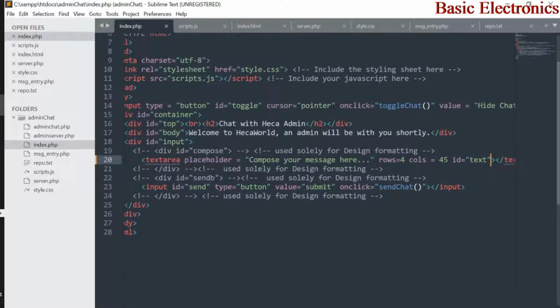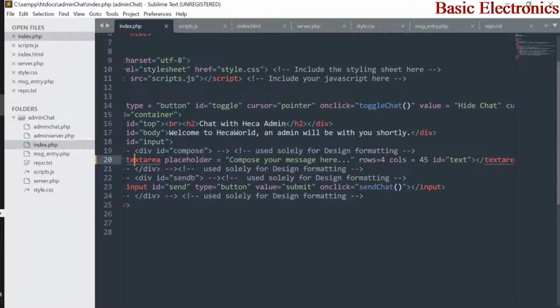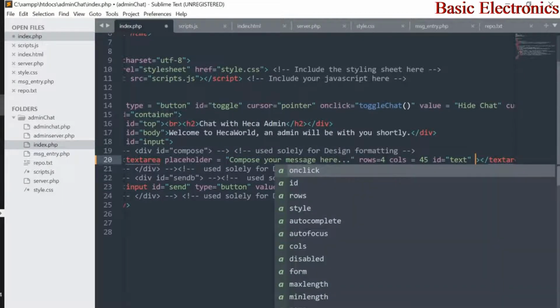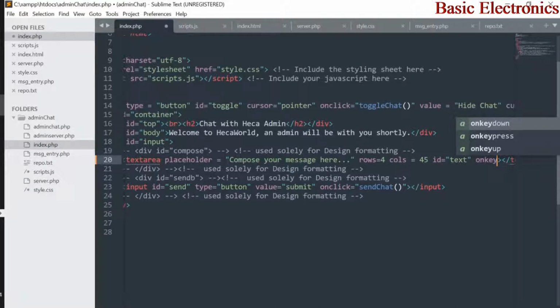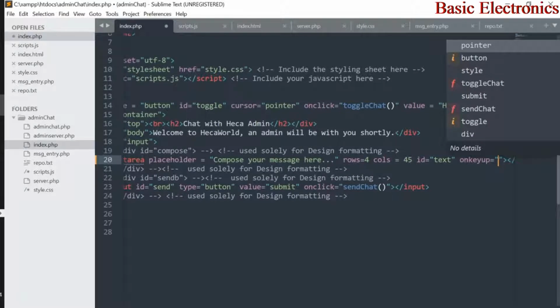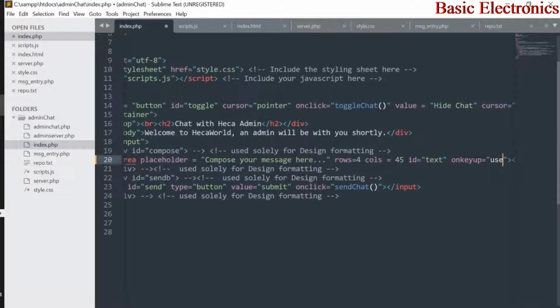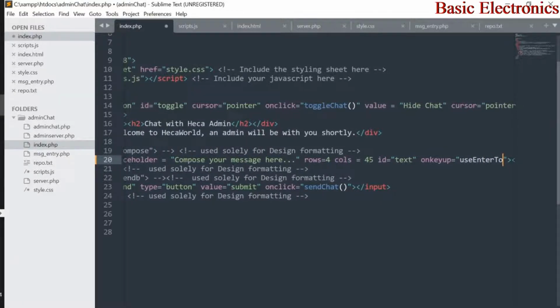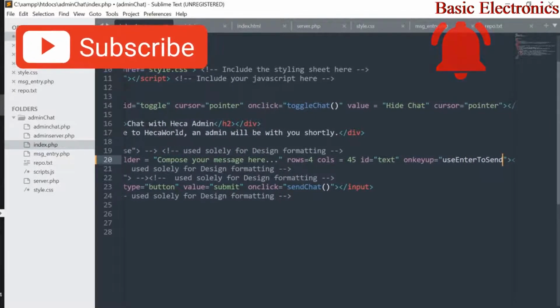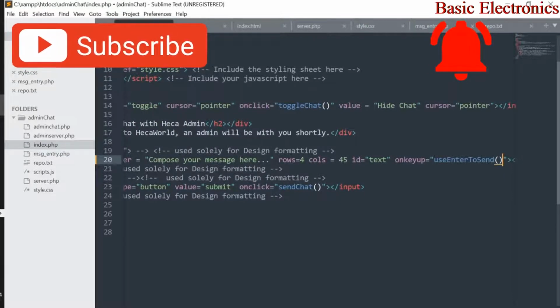Here we're going to create a function under the text area, and so let's just add something here. We're going to add an onkeyup event. You can use onkeypress or onkeydown, but let's use onkeyup. Now we're going to call a function here. Let's just call it useEnterToSend. It's pretty long, but it's going to be a function. So let's copy that